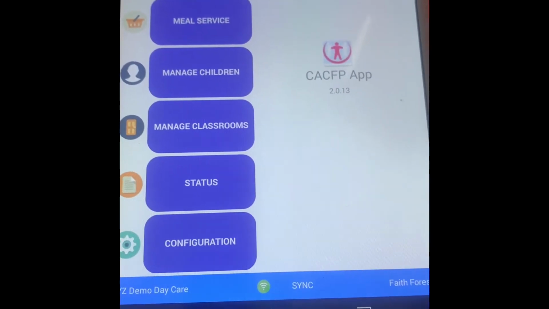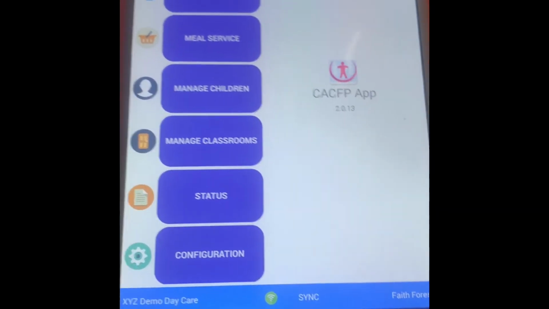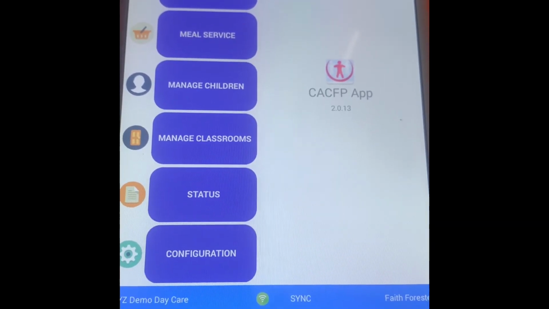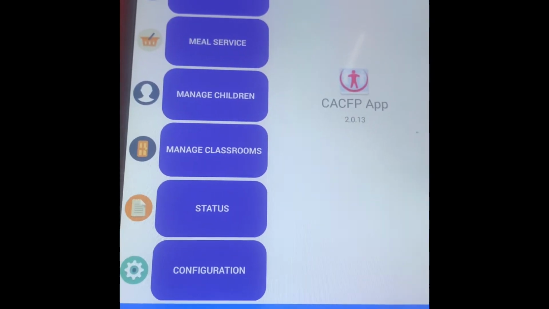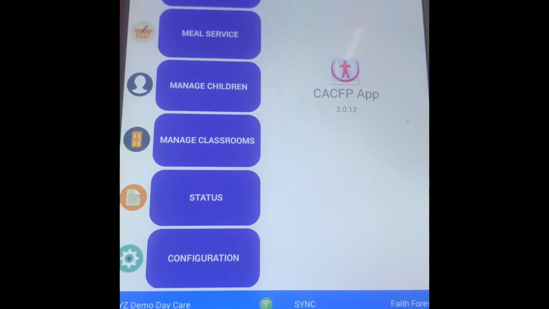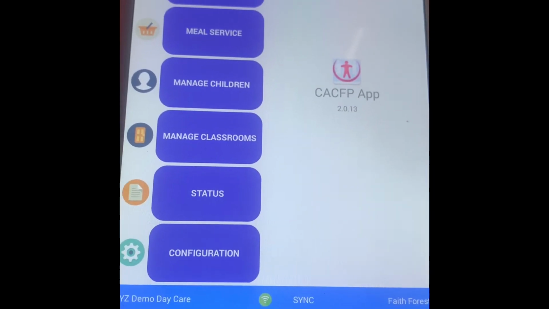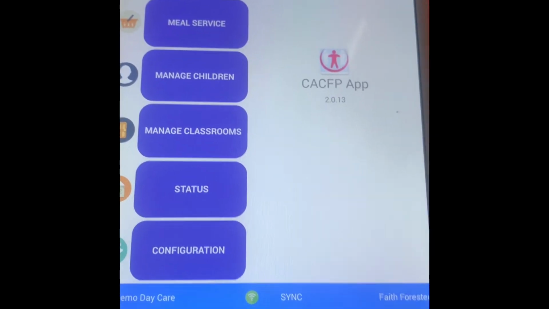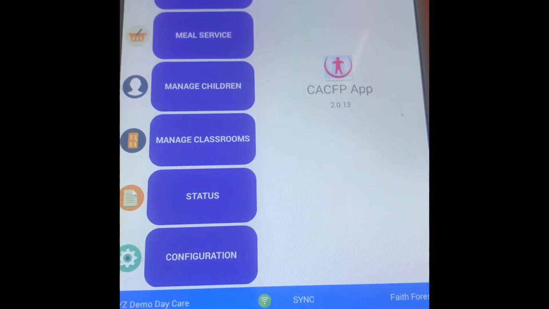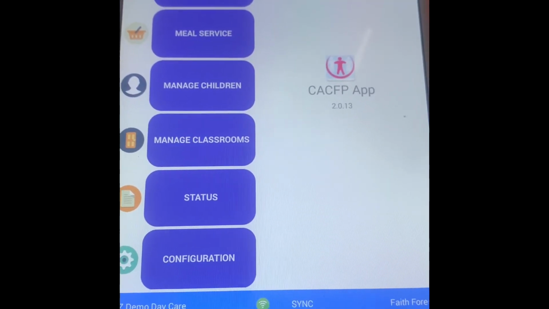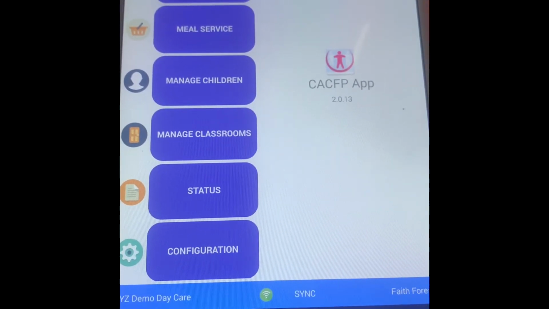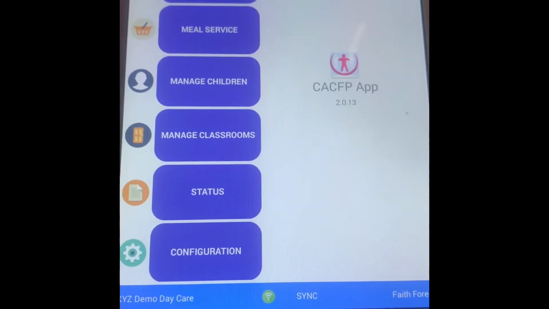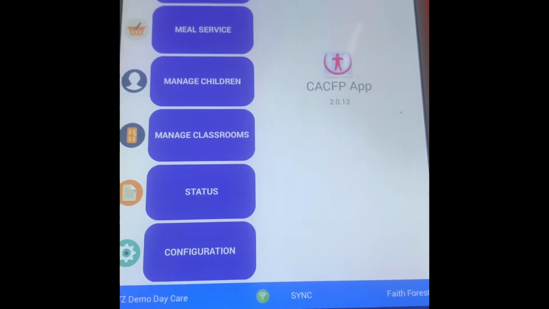They also want to see that your plan covers the amount of children that is actually in your center. So if you've planned for 50, but you've had 40, then your plan covers the amount of food that you've prepared. But they want to know actually how much food you prepared, because if you planned for 50, but you had 60 children, then you didn't have enough food planned, and therefore your preparation would show that 10 children didn't get fed. And so we're going to look at how to make sure that your meal service is updated, and